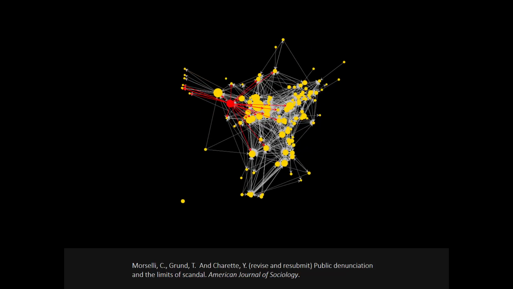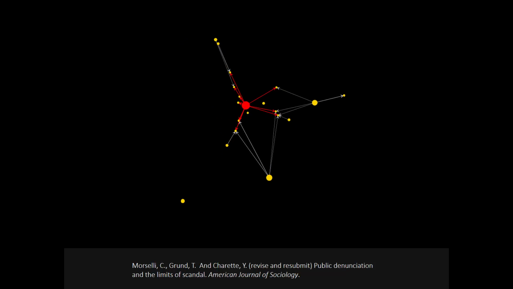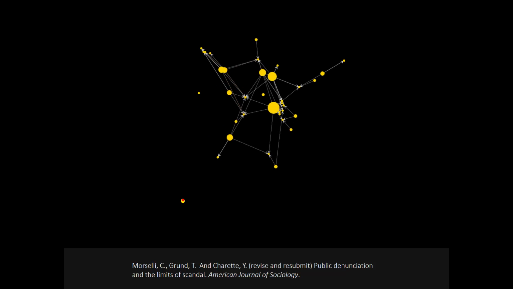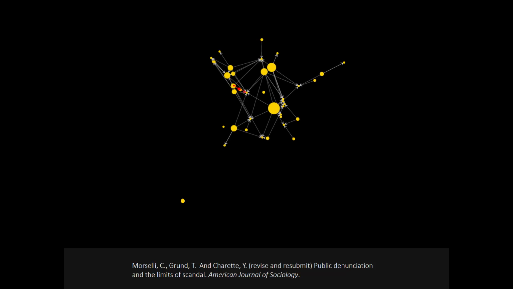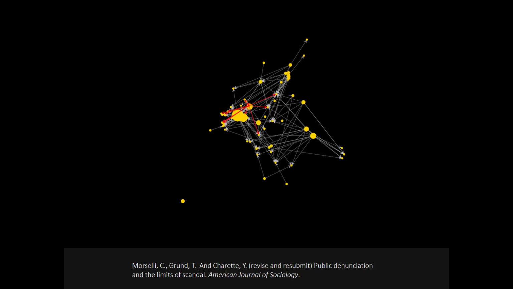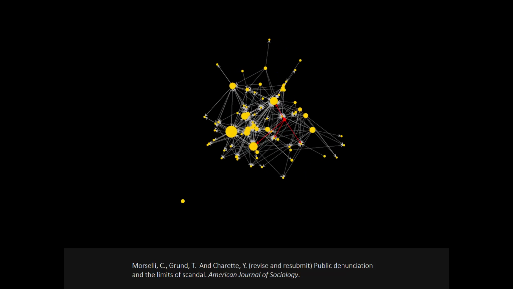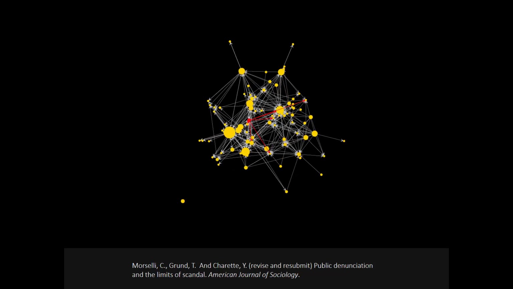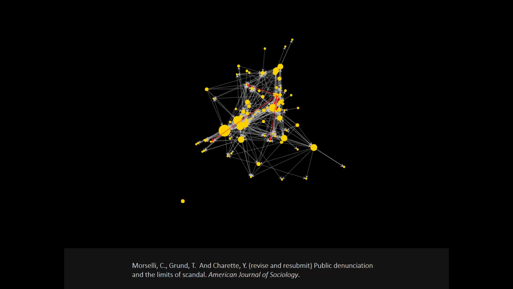They started to say, this other guy was involved in the corruption scandal, or this guy was involved. I didn't do it. This guy did it, and so on. So that's exactly what you see here. You see red individuals. These are the ones that testify, and then you see who they denounce. And the gist of this paper, which we're currently revising for the American Journal of Sociology. So if that works out, that would be cool.